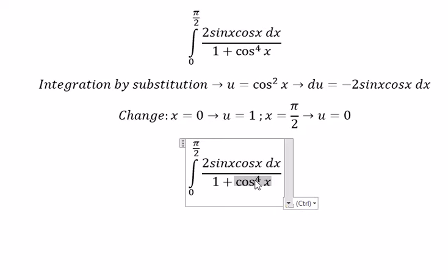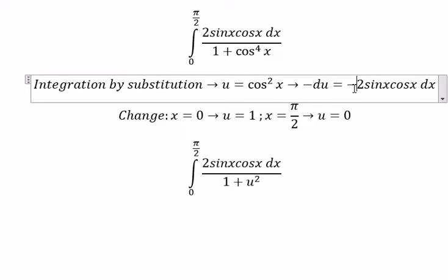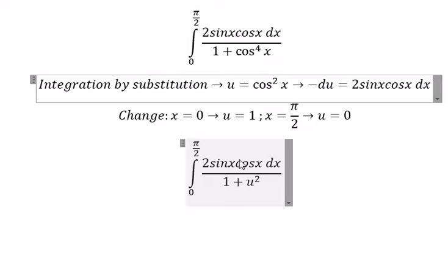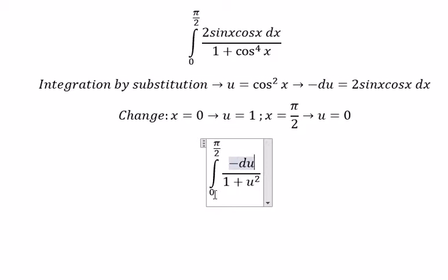So this one we change for u, 2 sin x cosine x dx, we have negative du. Number 0 we change for number 1, pi over 2 we change for number 0,